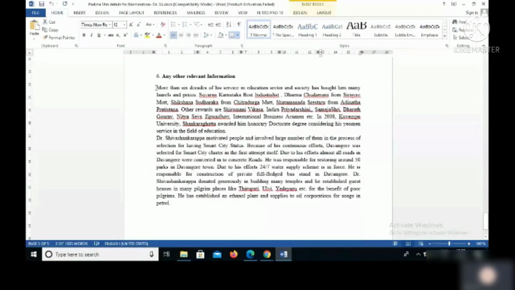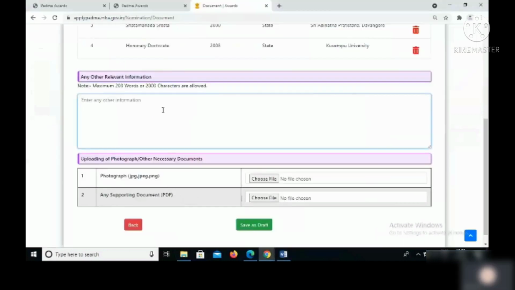Now, for any other relevant information, copy this and paste it here.